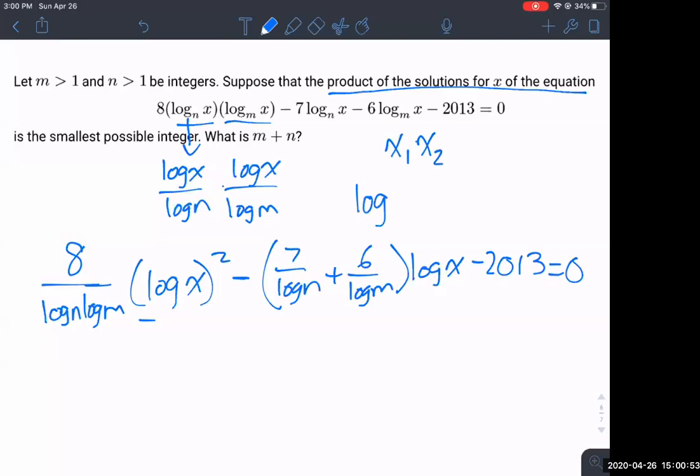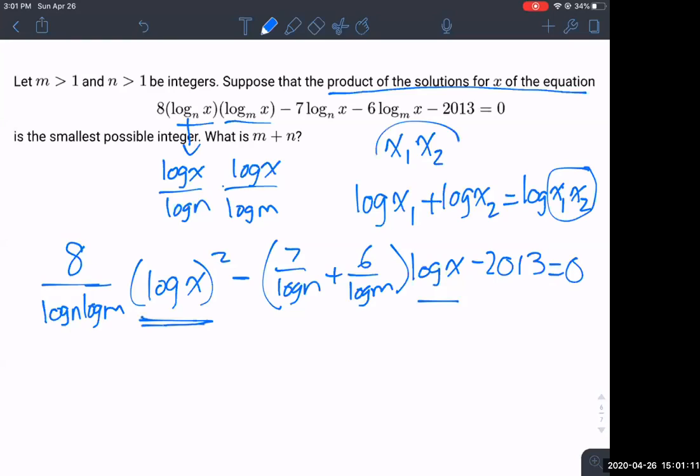Since everything is in terms of log x, we could take the log: if we have log x1 plus log x2 and we add them together, that gets us log x1 x2, and that's what we want. So even though this is an equation for log x, there is still a way to find the product of the solutions for x, and that is by using Vieta's to find the sum of the logarithmic